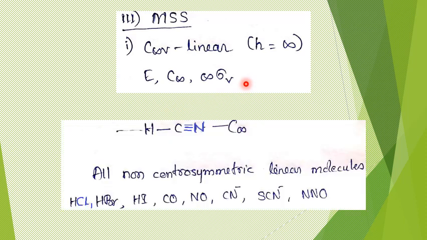Now consider an example. Usually the example taken for this is HCl, but even HCN will be in this point group itself. This is a linear molecule, and the molecular axis will be taken as the principal axis. This axis will be the C infinity axis. C infinity axis simply means that on this axis you can rotate the molecule by any angle you want. You want to rotate it by 90 degrees, fine. You want to rotate it by 180 degrees, it is fine. You want to rotate it by any angle, 1 degree, 2 degrees, any small angle possible, that will take the molecule to an equivalent orientation itself.